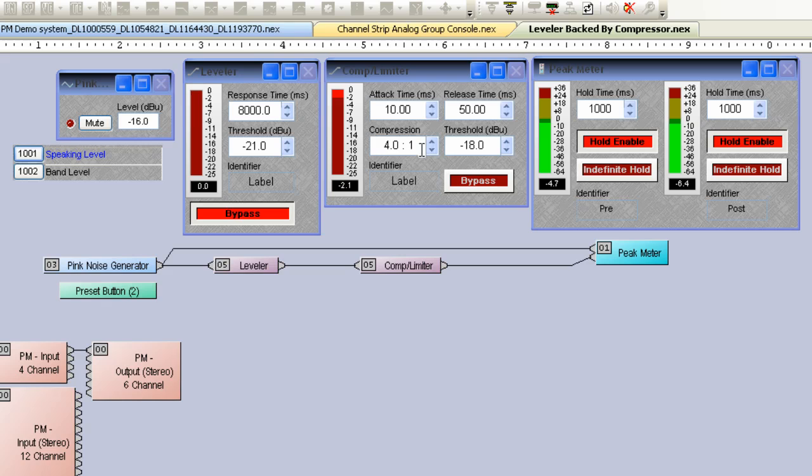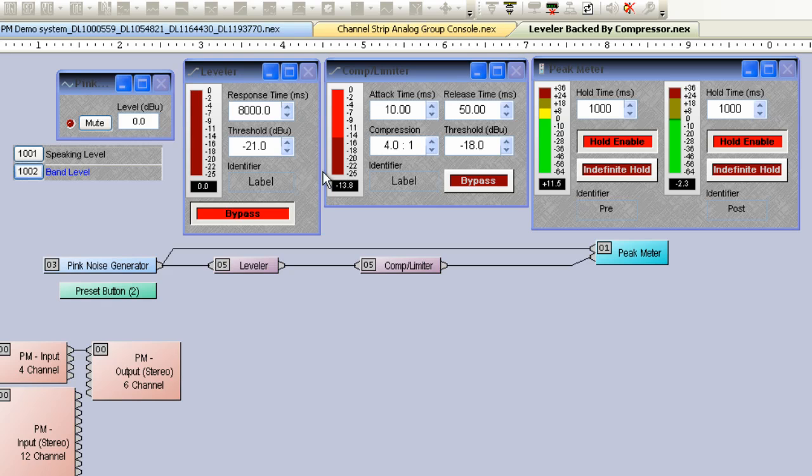So if we just look at a compressor working by itself, we come in through a speaking level, it's attacking pretty quickly. It's a compression ratio of 4:1 or so, a fairly standard ratio, and you can see our input levels and our output levels are fairly consistent with just a speaking level. But if I kick in the band, you'll see that the compressor is compressing a lot, but is also jumping in big jumps to grab that signal and squish it down. So by reacting quickly, we're squishing all of the little fast transients that give us that live